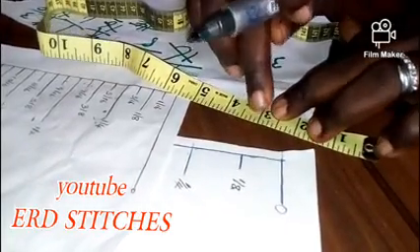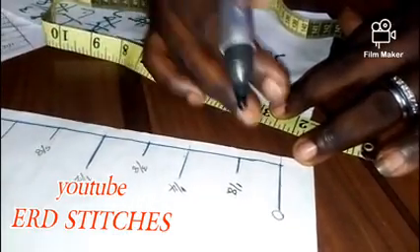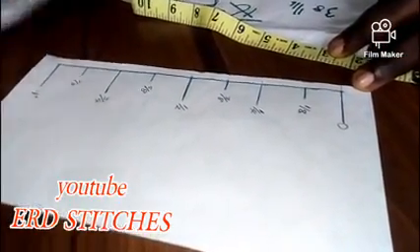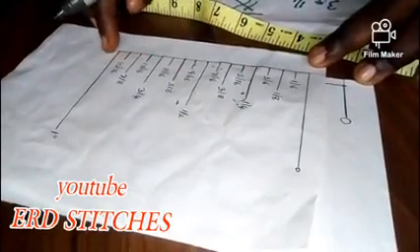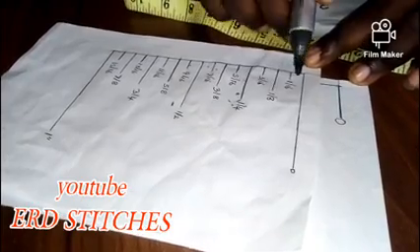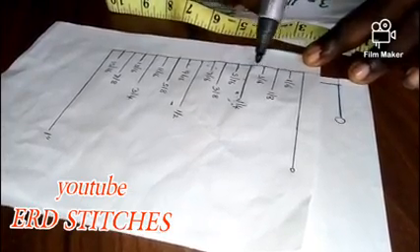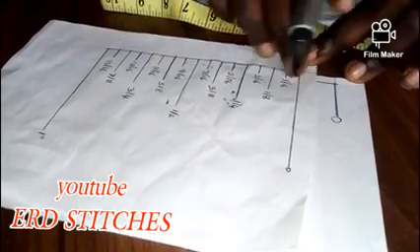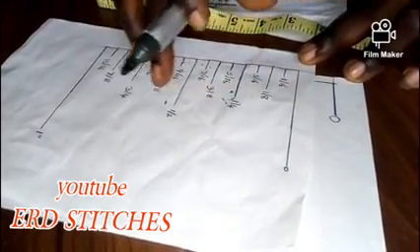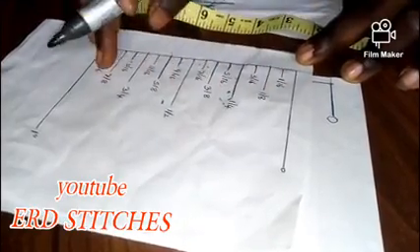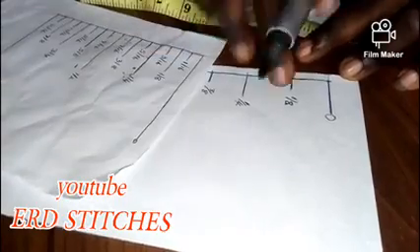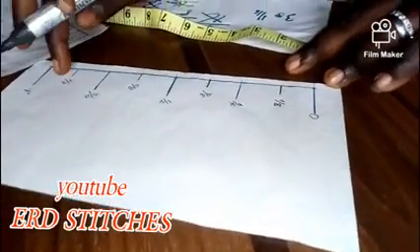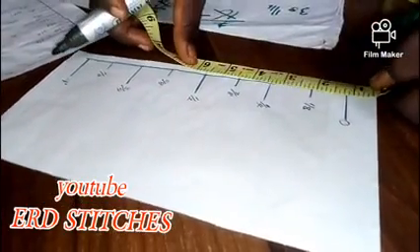This particular one has only 8 bars. That means, if you look at the one that has 16 bars, the ones that are not divided are all the odd numbers: 1, 3, 5, 7, 9, 11, 13, and 15. They are the odd numbers, while the ones we try to bring to the lowest fraction are the even numbers. So now we are working on this one. What we have now are the ones we have brought down to the lowest fraction. That is what is on this measuring tape I have here.